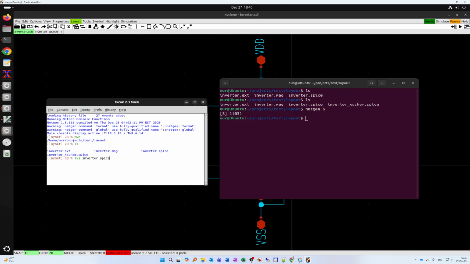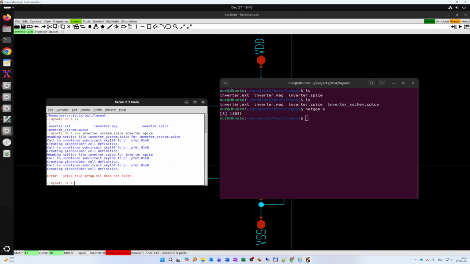Let me do the inverter schematic first, because it says circuit 1, circuit 2, so that we know that circuit 1 is always the schematic and circuit 2 is always the layout. And inverter spice, if I click,